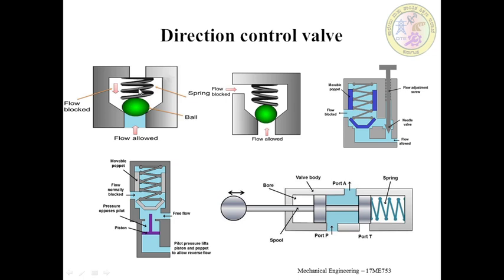An important concept in the check valve is cracking pressure. The check valve is designed for a specific cracking pressure, which is the minimum upstream pressure at which the valve operates. The simplest check valve is the inline check valve, as shown in the figure. This is the inline check valve, and the ball is held against the valve seat by the spring force.